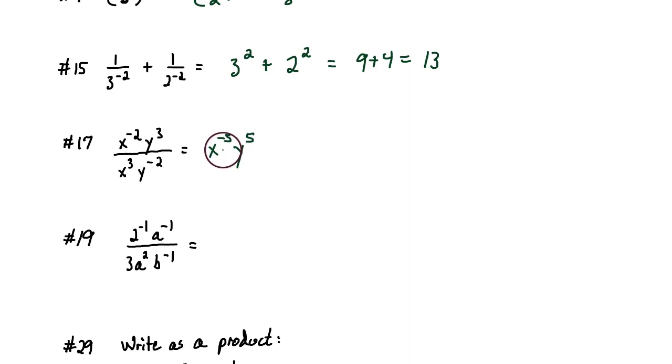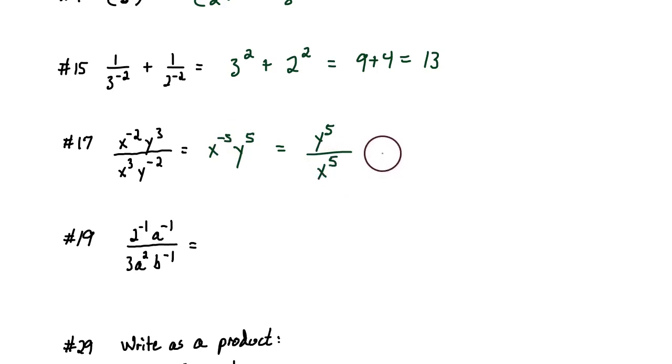One of these variables has a negative exponent. The other one does not. For the one that has a negative exponent, let's use the meaning of a negative exponent, which is a reciprocal. So the y to the fifth power, let's leave it alone in the numerator. But the x to the negative fifth, let's create a reciprocal by moving it into the bottom and giving it